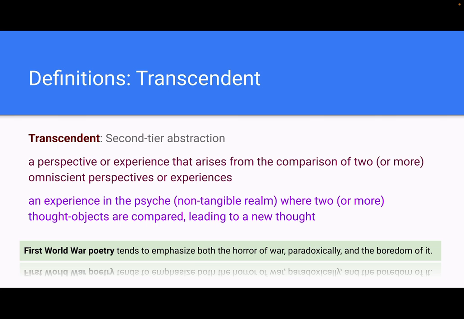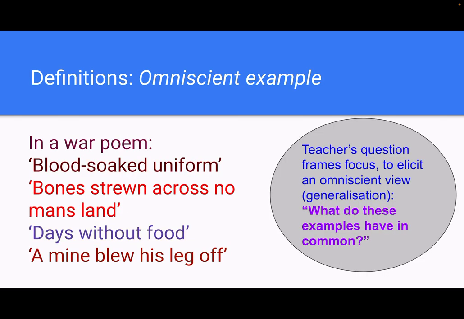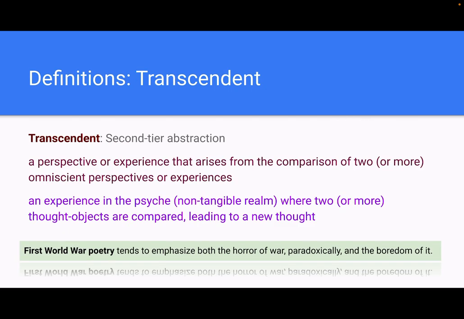And then once you have that, you compare them, and this leads to a new thought or a new perspective. So let's say you had your war poetry here. There's a set of war poems, and the horror of war appears in many of those poems. And I haven't got a visual example, but let's say in another set of poems this is interlaced with boredom experiences, sitting around, playing the harmonica, writing letters, not knowing what to do. So then that can lead to a comparison of 2 things: an omniscient perspective that the poetry has